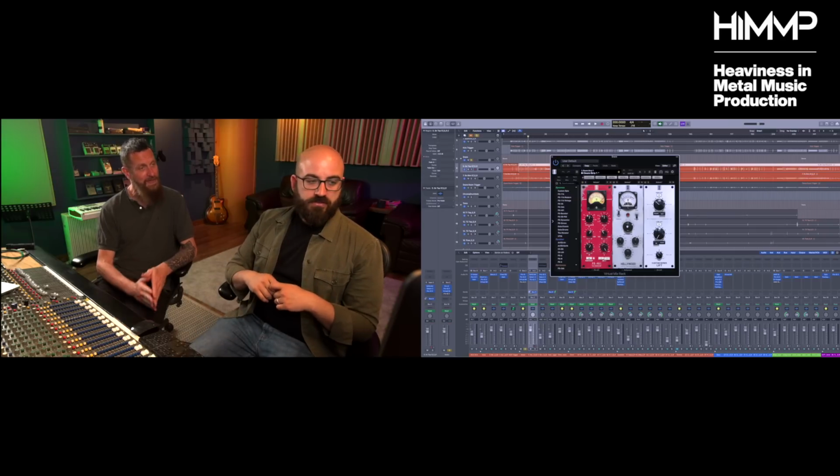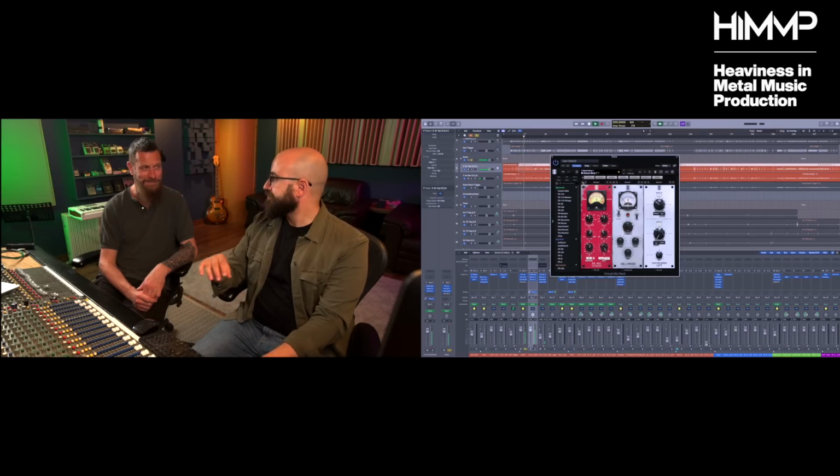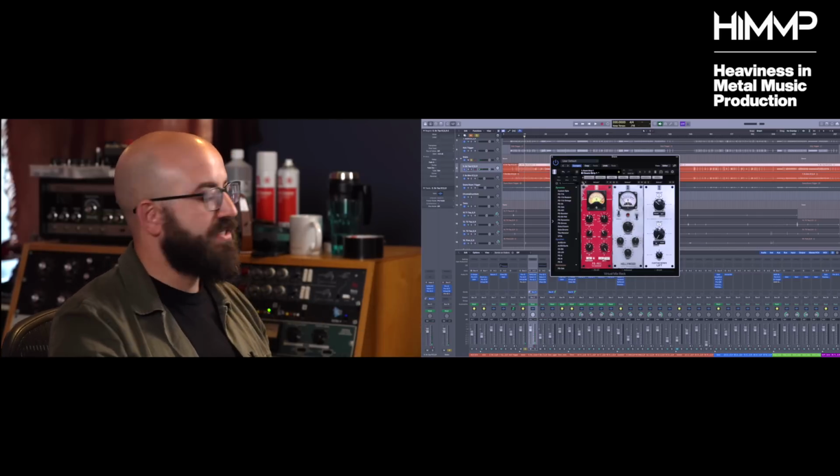Sure. And then could we have a listen to the snare drum without the compression and with the compression there? Yep. So without compression, and then. So I compress quite aggressively, quite frequently. I'll be up around 10 dB kind of thing.